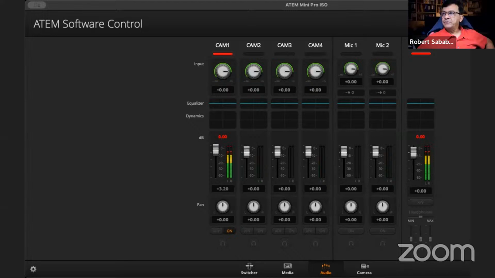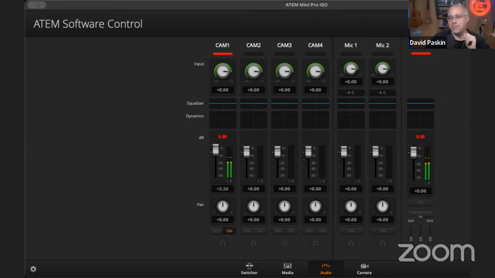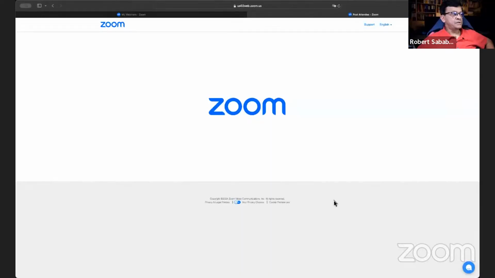And now I can go back and say a new share and choose something else, and it'll immediately switch over to this new share, which is really good. A lot of people don't know this, and they'll come out of their share and go back in, and then they have the problems of which monitor am I on, etc. And this is really clean.